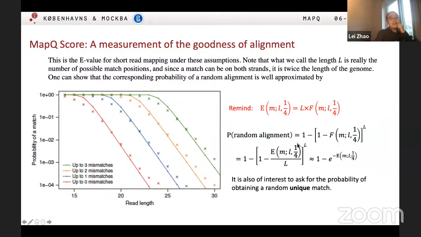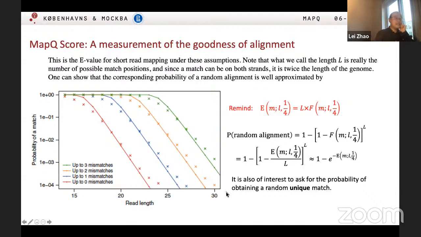If you do some math tricks like this, because we know that f equals E over L, and we know that L is very large, based on limit theory we can approximate this value to be something like this. And this can be plotted like this. All the solid lines here are the theoretical results we calculated. And the stars here mean we mapped the equine genome's short reads to the human genome, and what we get is quite close to the theory.